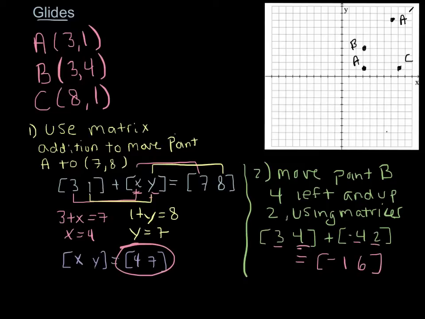Right, and so that makes sense. I'm going to move B, so B is now at -1, 6. So there's B prime. And again, let me just point out that it makes sense, right? It got moved 4 left,